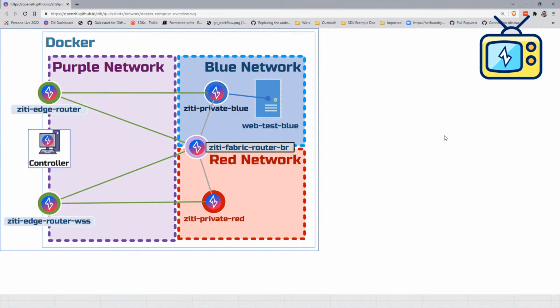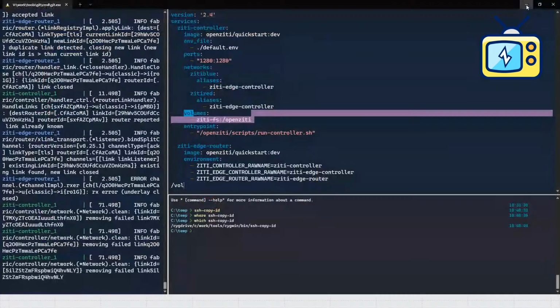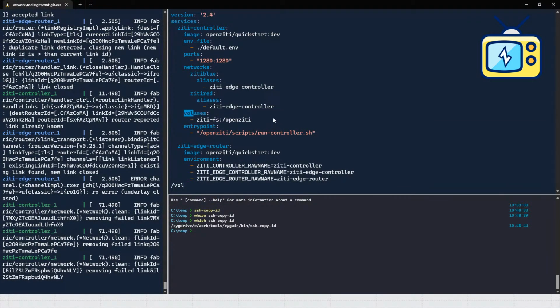There are two pieces of software, two binaries at play: ZD router and ZD controller. So the green circles are ZD router, and the only difference is configuration. That's right. And then we'll see that configuration, which is exactly what we're doing. So I was talking about this volume map because it's really important when you bring up